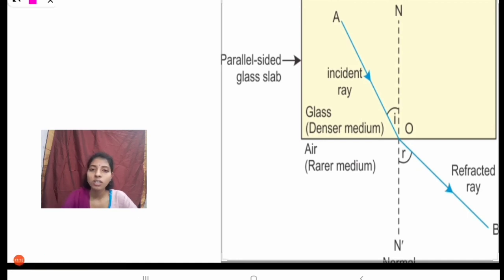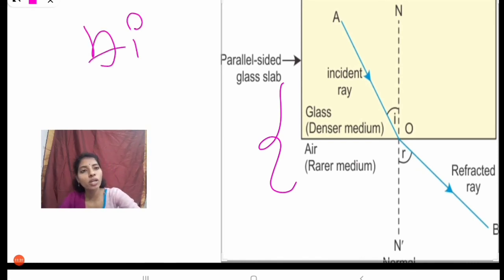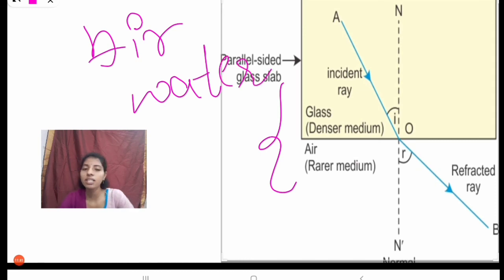So you can see here we are seeing air medium and glass medium. In which will the speed of the light be more? Between these two, the ratio of the speed of the light is more in glass medium. Yes. So when we take air and water, in water medium the speed of the light increases.